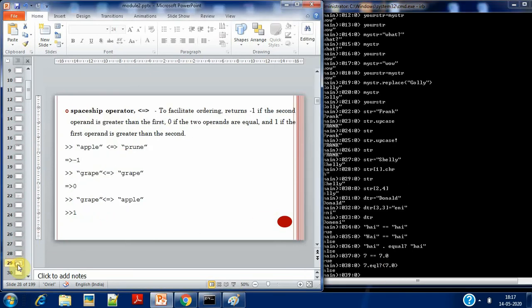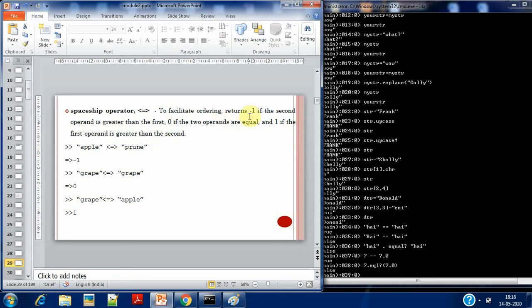Okay. Next example, that is spaceship operator. So in this case what happens, ordering, to facilitate ordering in a particular order. Okay, it returns -1 if the second operand is greater than the first. So in C you have the equality operator, right? So in that case also it is returning either 0 or greater than or lesser than. So if the first string is greater than the second, the same concept here we are using.